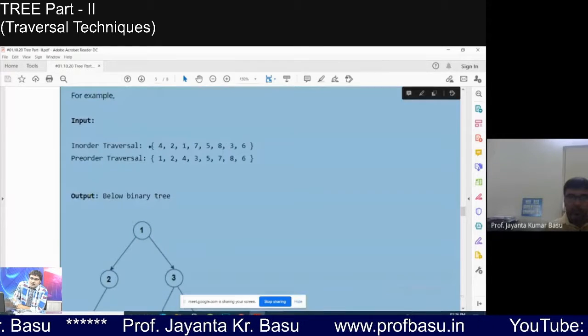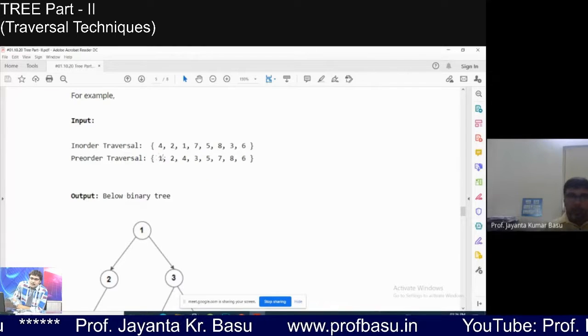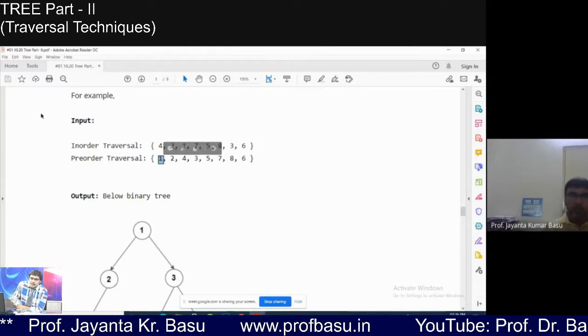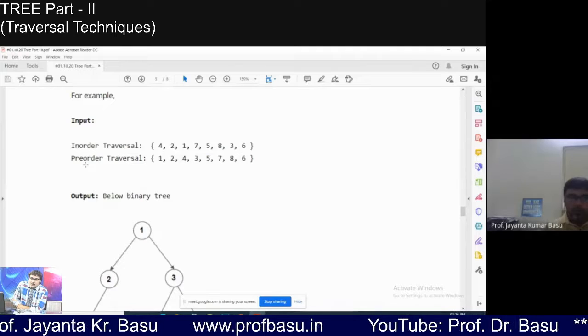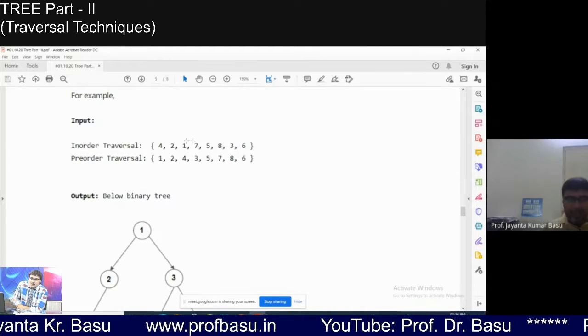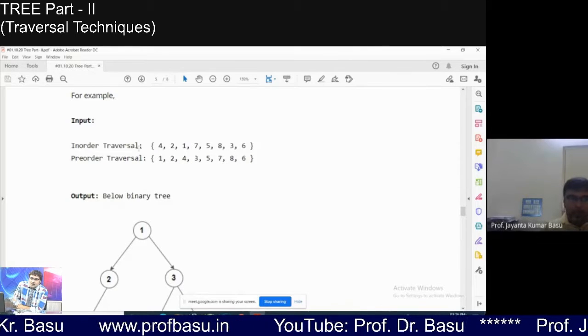Then check this value, what you have considered as root, in the in-order sequence. So you are picking the value from the pre-order sequence and checking the position of that value in the in-order sequence.